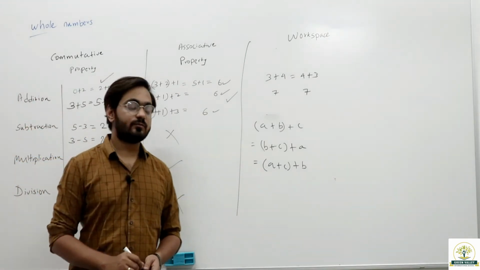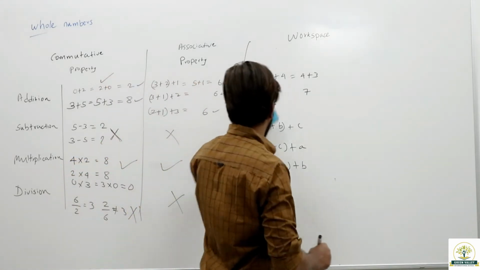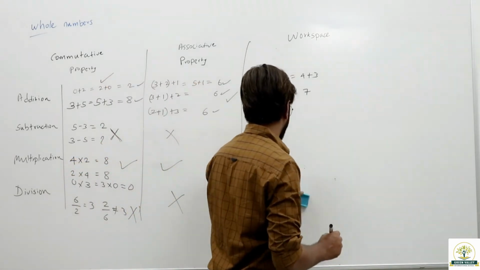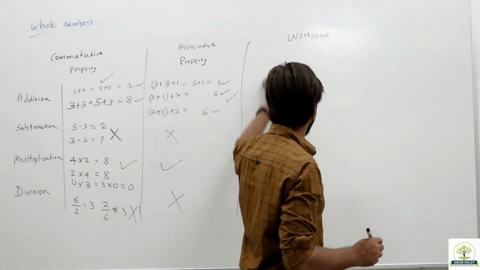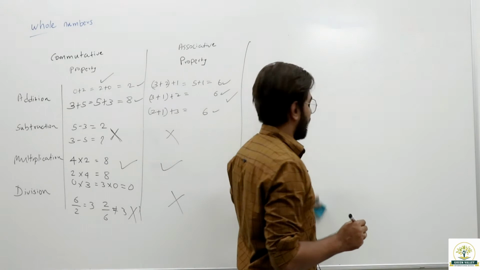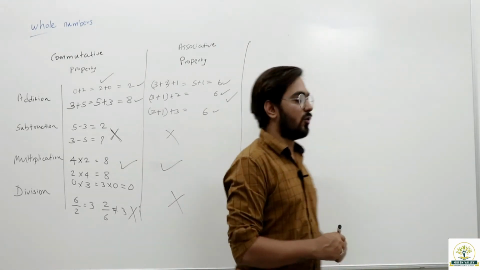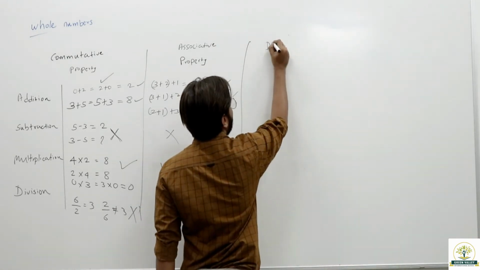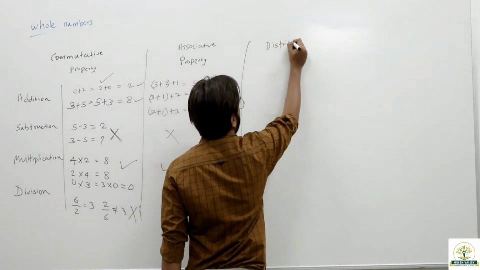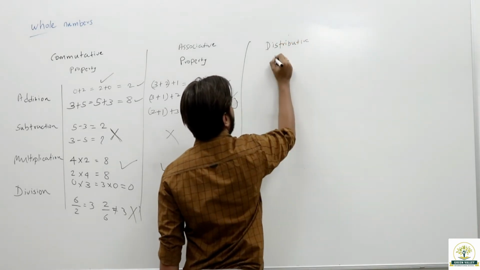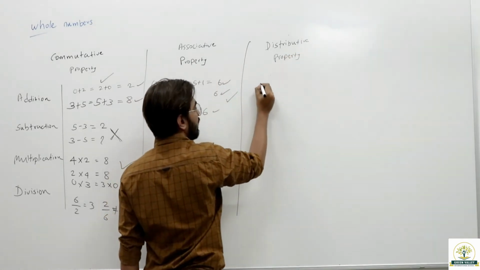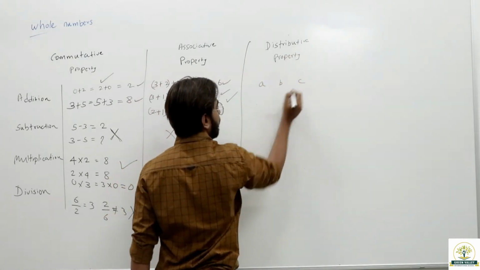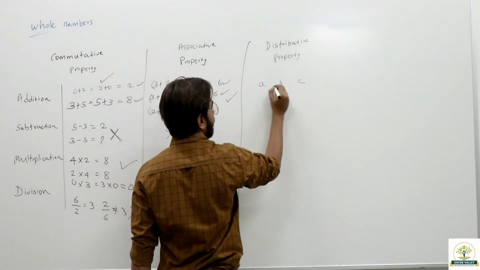Understood? Now there is another property called the distributive property, which is again a universal property. We don't need to check whether it follows the distributive property or not. It is a distributive property. Suppose there are three numbers A, B and C,